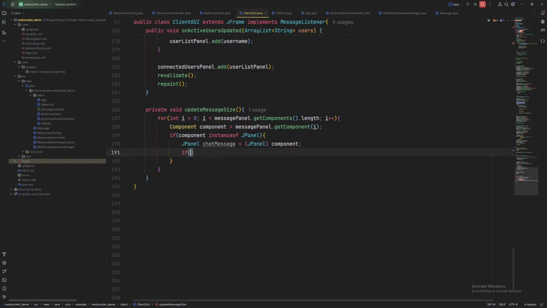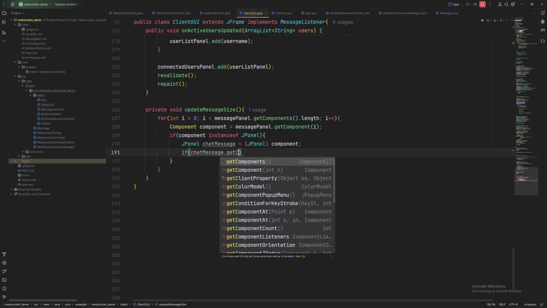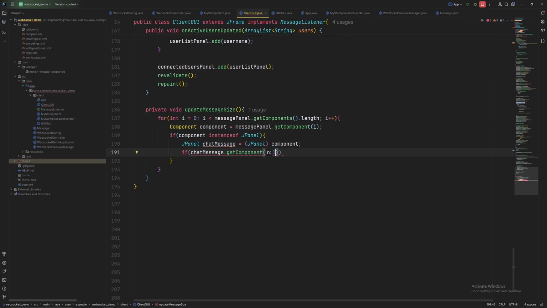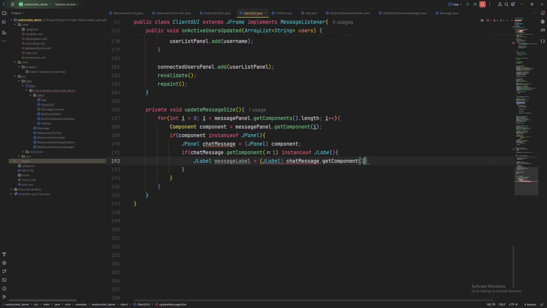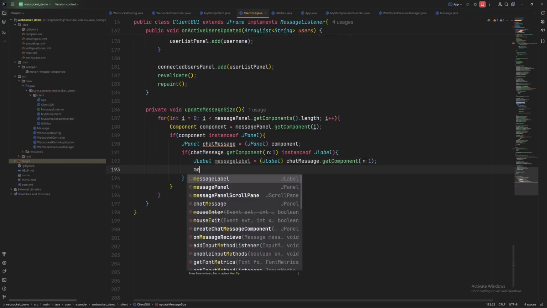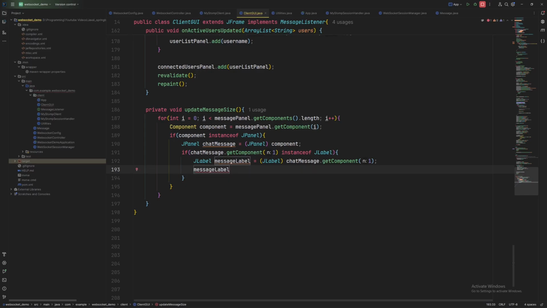So then we're going to check if the chat message get component at index 1, which is the second value in the list, is of JLabel. This is just for type safety. And if it is, then we're going to store that into a JLabel. So we're going to call it jMessageLabel equals, and we're going to cast it into a JLabel object, get component 1. And now what we can do is reset the text and recalculate the width based on